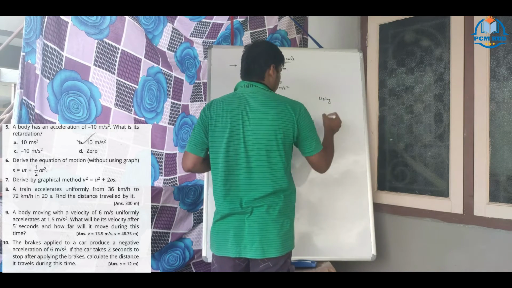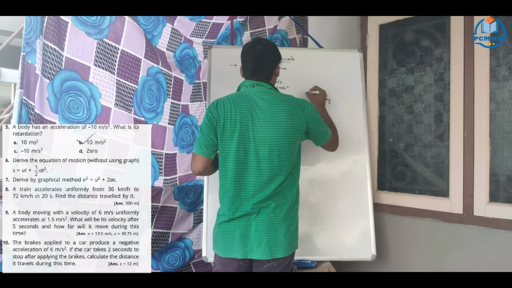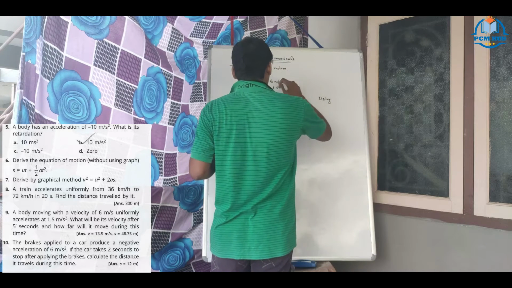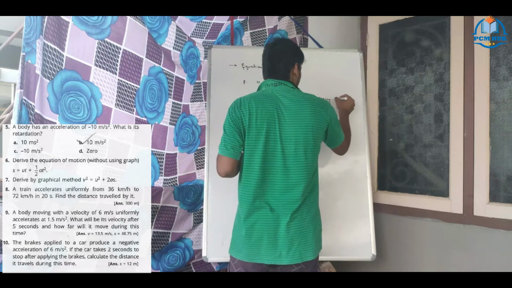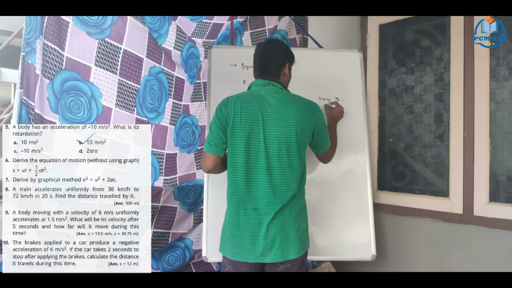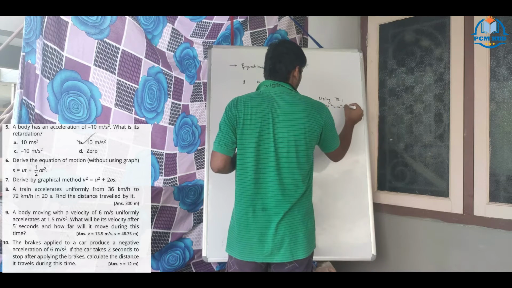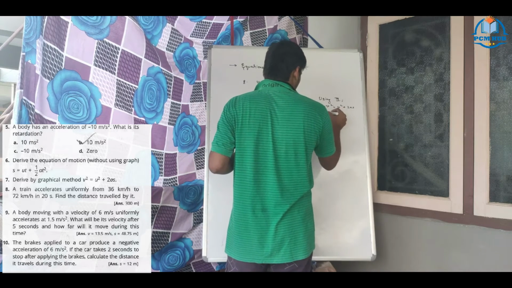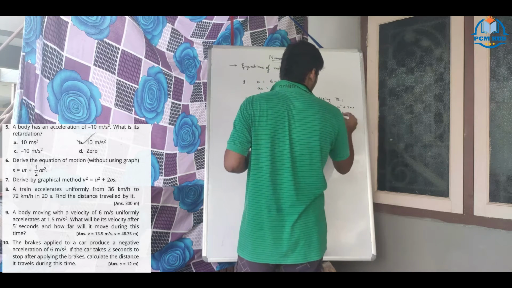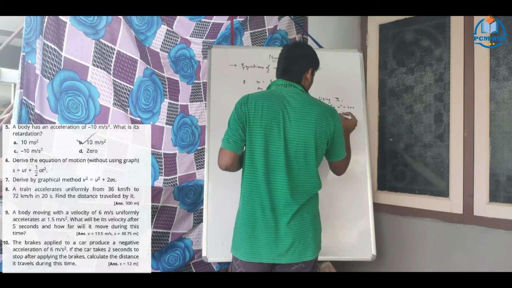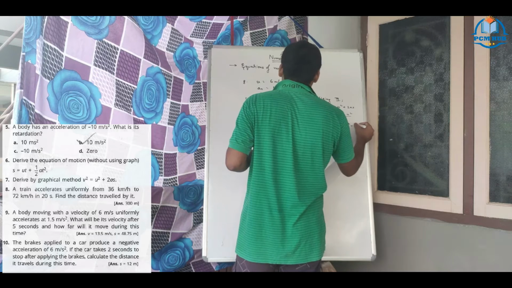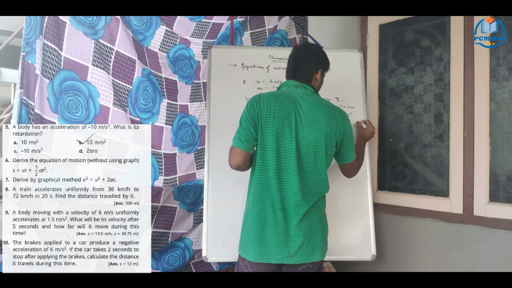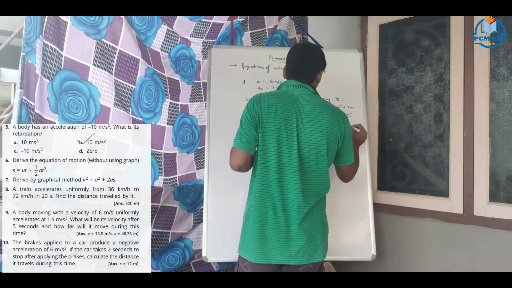Next, distance. So we have all these u, a, v. We can go for using identity 3, best. v square equal to u square plus 2as. So we need s. So s equal to v square minus u square by 2a. What is v square? 13.5 whole square minus u square, 6 square, divided by 2 times acceleration, 1.5.